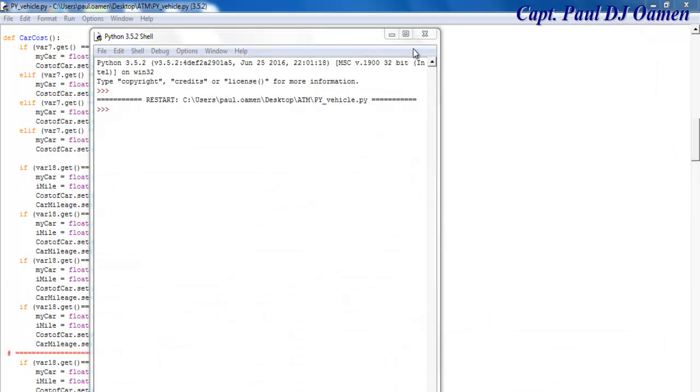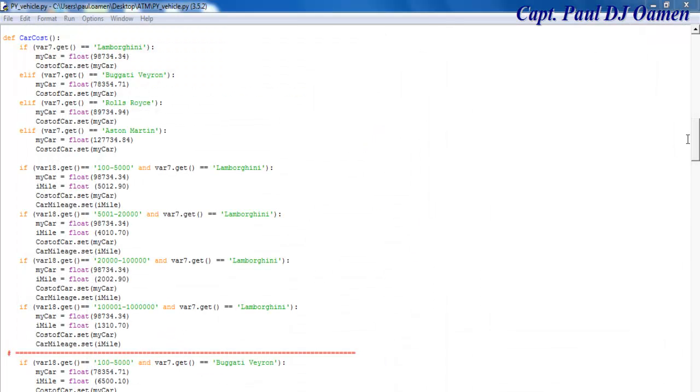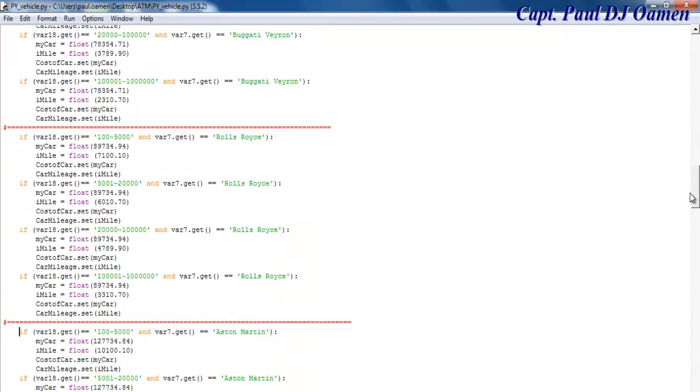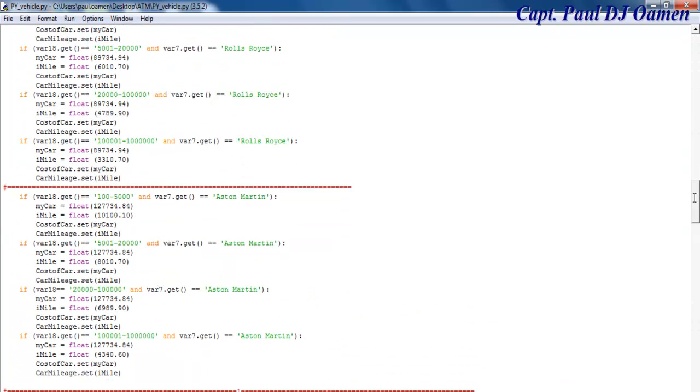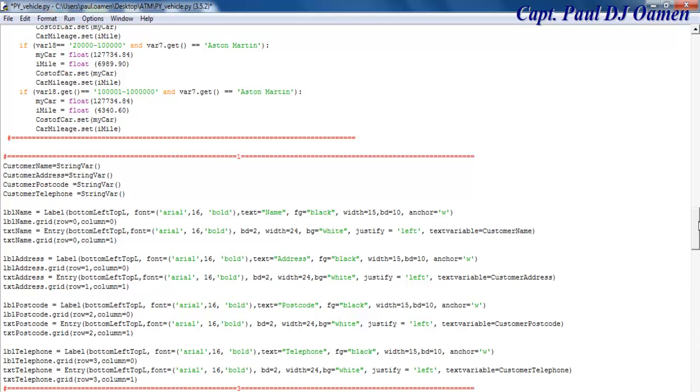So exit, and right underneath here, let's take it down right here. Yeah, I'm going to just copy this and paste it right underneath here. Right, this is going to be for the car accessories. So let's use an if statement as well. If, now let's get it indented. If variable 1.get